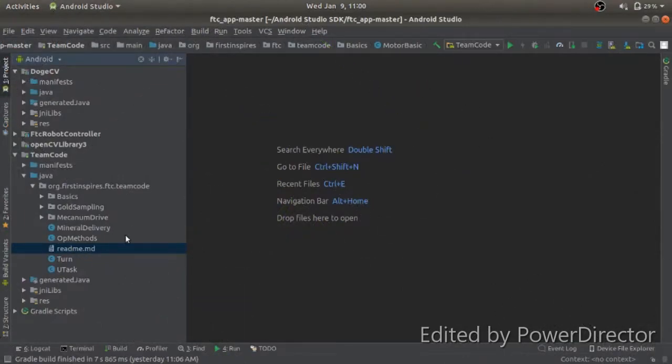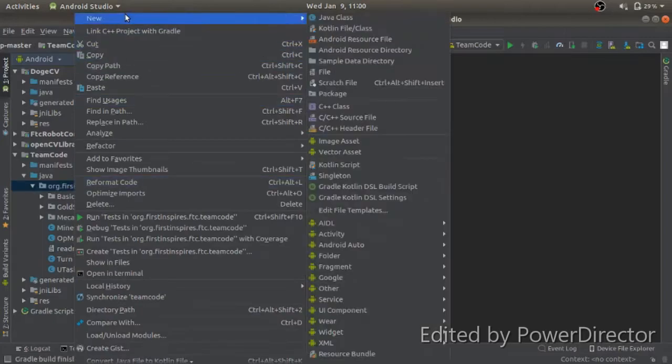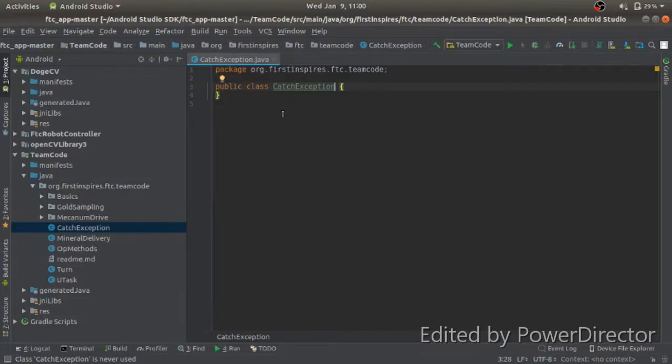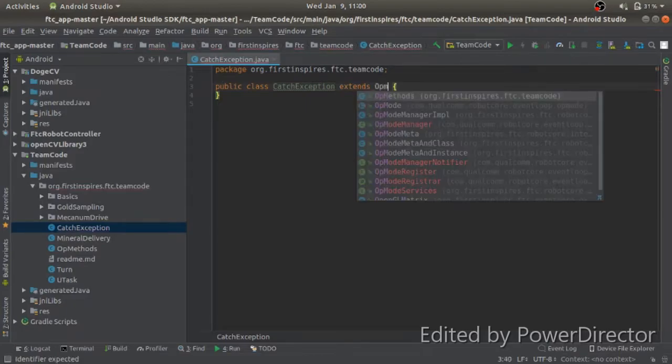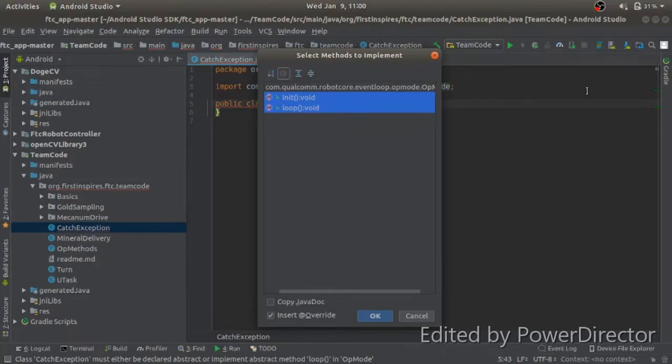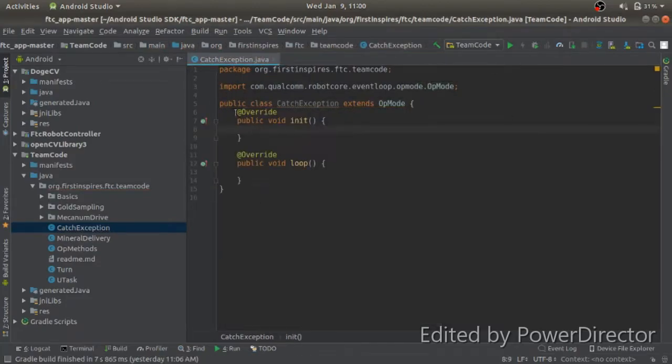Okay, so here I have Android Studio fully loaded up and I am going to create a new class, and I'm going to name that catch exception because it is going to catch the interrupted exception which comes up in your programs, or any exception for that matter. Okay, and we'll implement the inheritance of op mode in here. And now this is going to show an error as you need to implement two methods, so you just press alt enter, implement methods, and then press enter again,